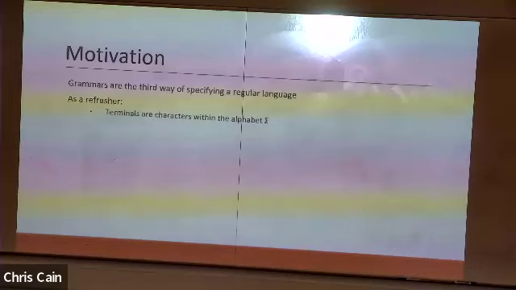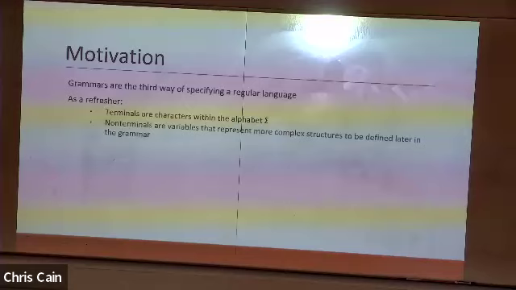So we're going to need to re-specify terminals and non-terminals. Terminals were those characters in the alphabet. So if the alphabet is A, B, C, like in the last problem, a lowercase a or b or c would be a terminal. A non-terminal is a variable that represents a more complex structure that needs to be further defined in terms of other non-terminals or terminals. And that way we make productions that allow us to specify levels of abstractness in the